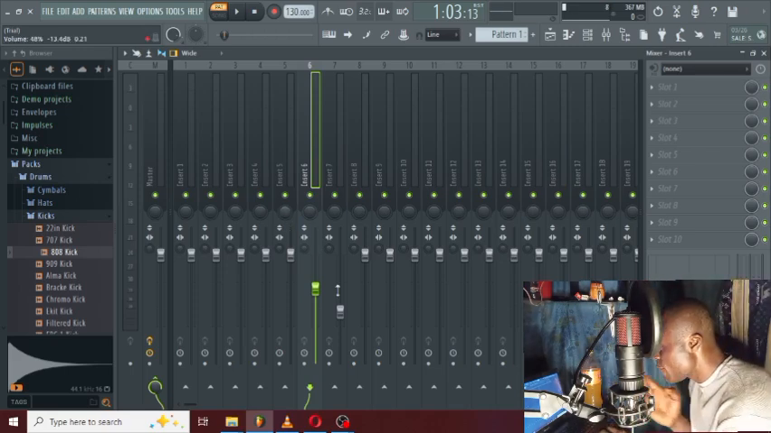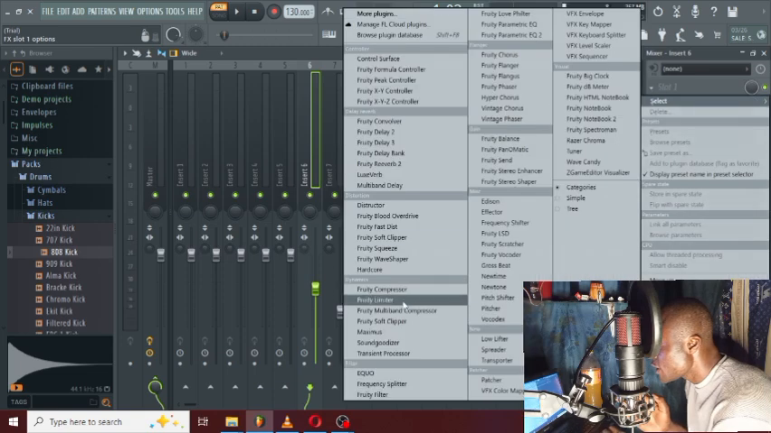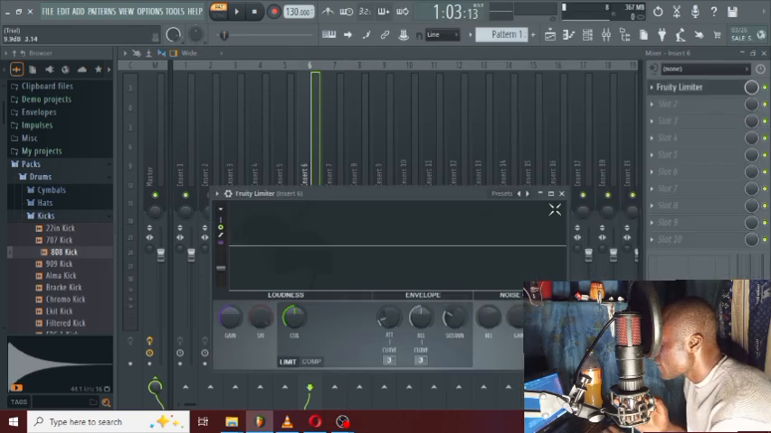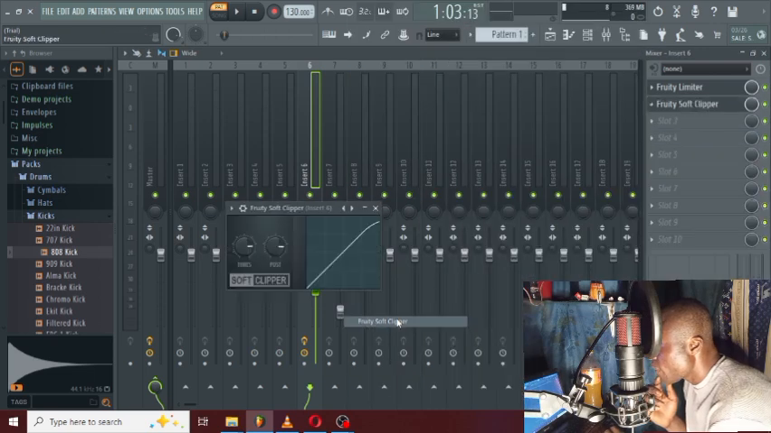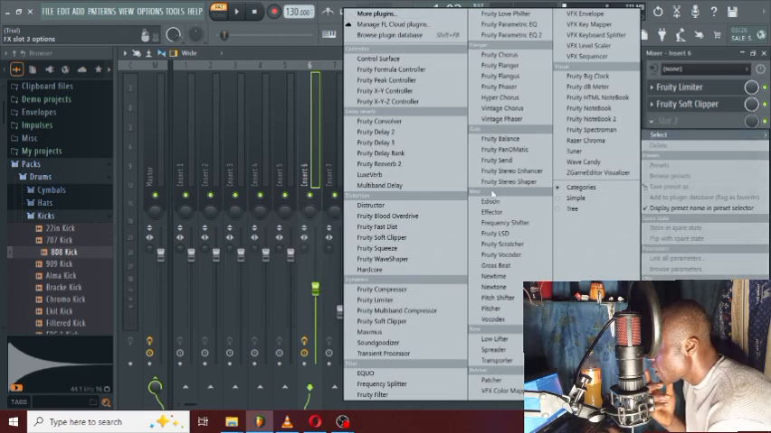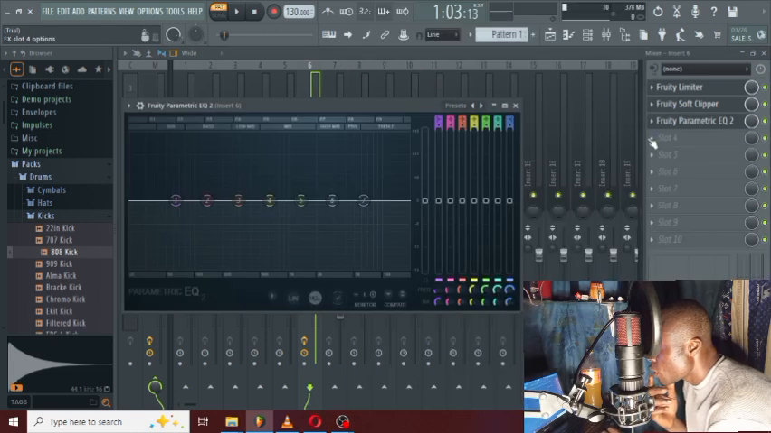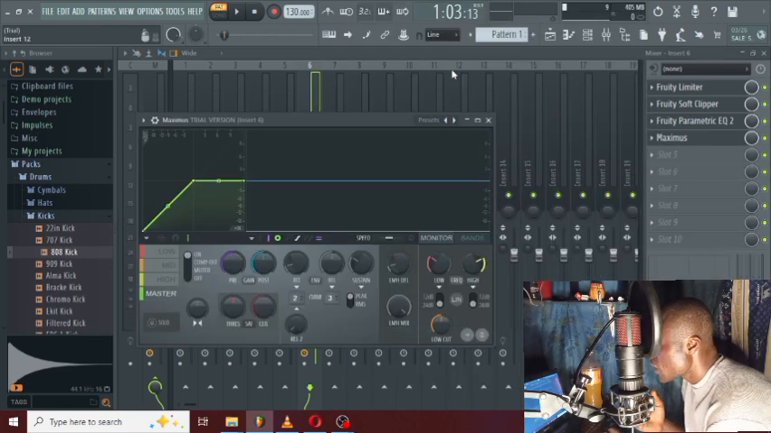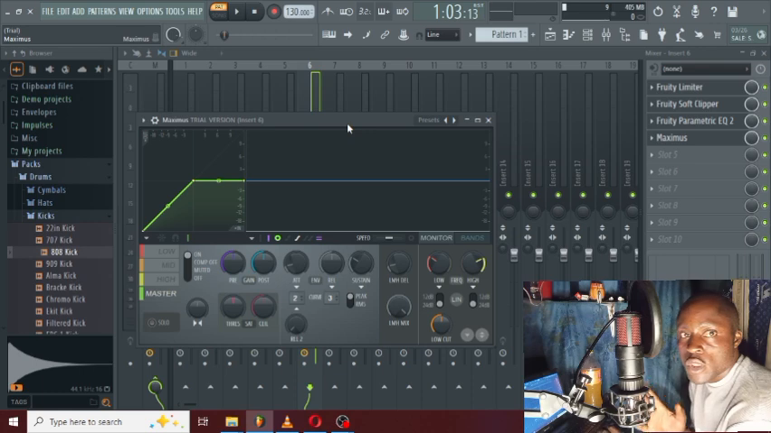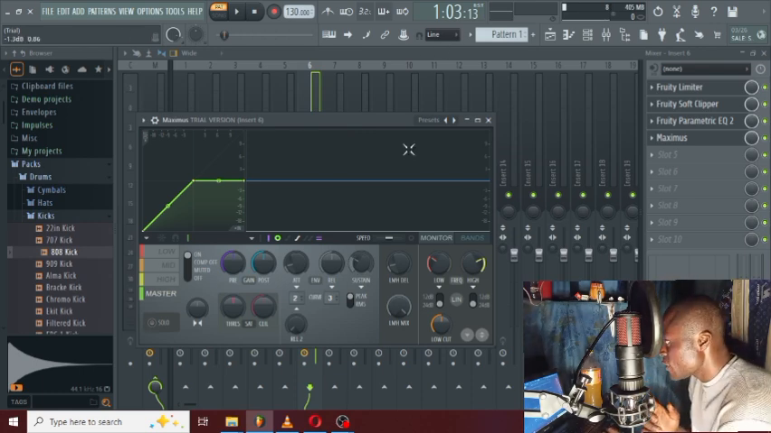But first, 6 I'll bring it down, 7 I'll bring it down. On 6, I'll click on slot 1 to mix it: Fruity Limiter. On number 2 I'll add a Fruity Soft Clipper. On number 3 I'm going to add a Fruity Parametric EQ 2. On slot 4 I'm going to add this one called Maximus. That's okay. This is another plugin for today. Then number 7,